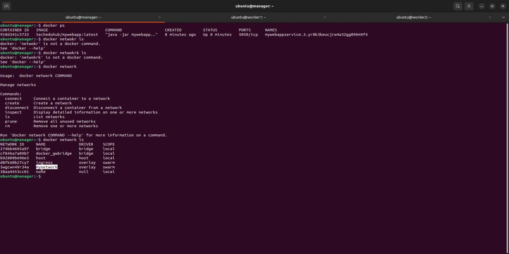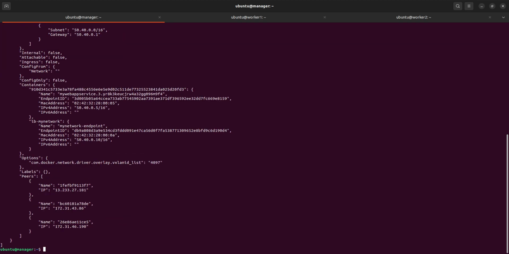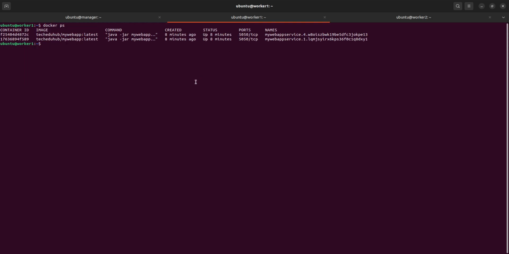So I am just inspecting this one, copy, docker network inspect this network. So you will see the IP address is 50.40.0.5, 50.40.0.5, and the IP address here,